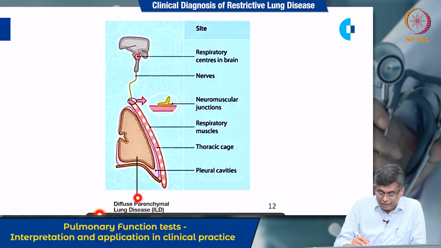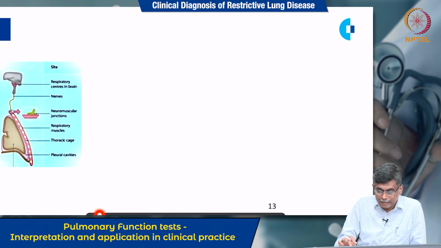Okay, that's like a diffuse parenchymal lung disease, or the problem can be in the pleura which surrounds the lung, or the problem can be in the chest wall or thoracic cage, or it can be in the respiratory muscles, or it can be in the neuromuscular junction between the nerves and the muscle, or it can be in the nerves, or it can be in the respiratory center in the brain. Now what are the diseases that come under these